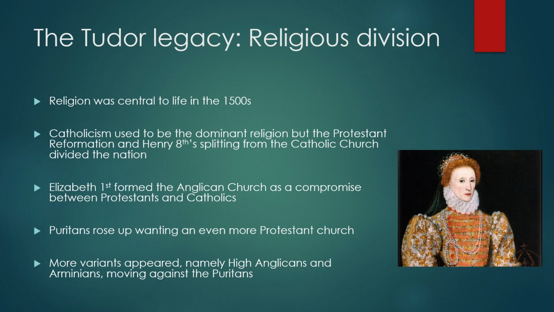There are other variants as well, namely the High Anglicans, Arminians, and these are the ones who stand in sharp contrast to the Puritans, but again, not quite the same as Catholics as we'd had during the union with the Catholic Church before the Reformation. So do bear this in mind. This is just an overview currently, a bit of background detail. We will go over this in more detail in a future video, but it's good to have a bit of a foundation already about what happened in the Tudor times before we get into the Stuart era.